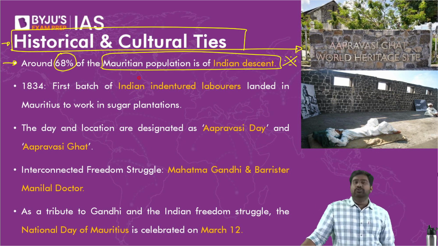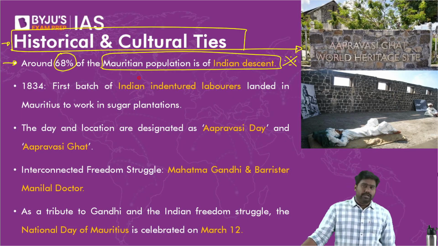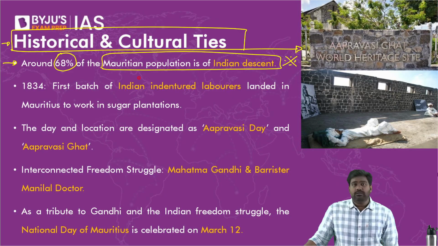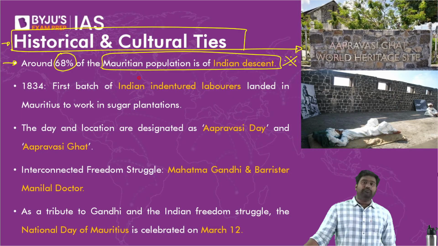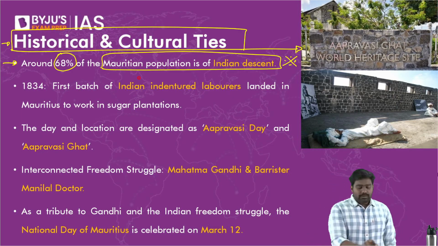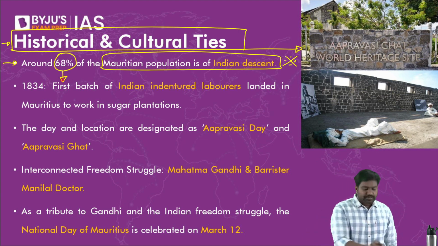Now, if you look at the names of the people in Mauritius, they're all names connected with Hindi or other Indian languages. If you look at the language spoken, the food which is eaten, the customs which are followed, they're all very similar to India. From Hindi to Bhojpuri to Tamil, all these languages are spoken in Mauritius. Hindu customs are followed. So there is a very strong people-to-people, cultural bond, which is a result of our colonial history. There is a shared colonial past.